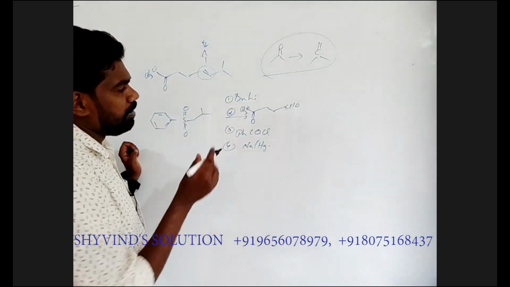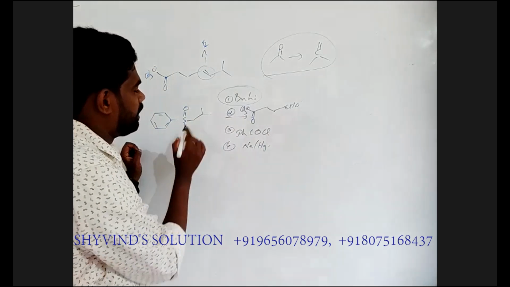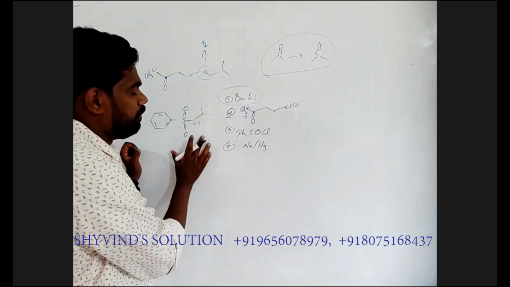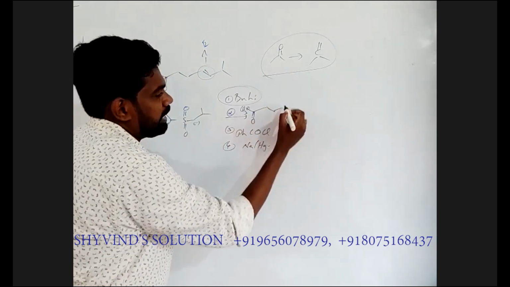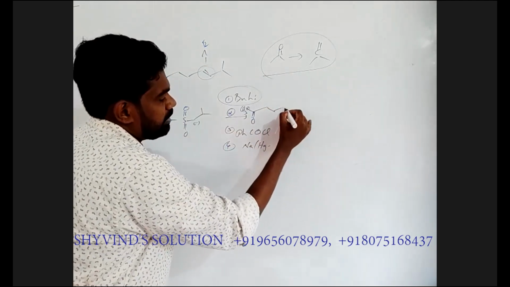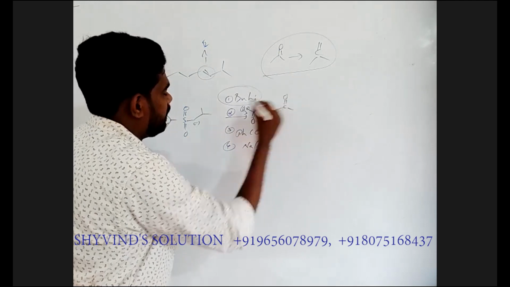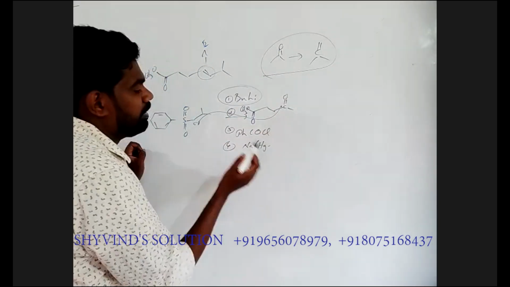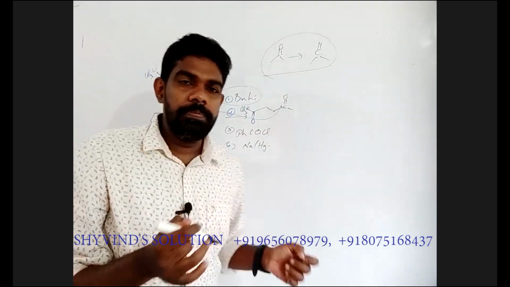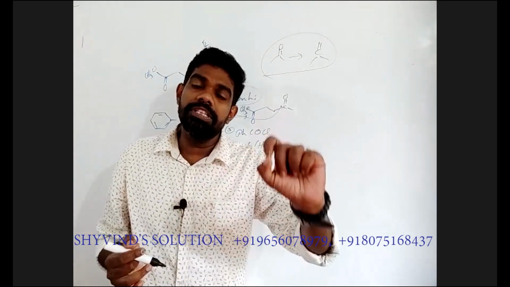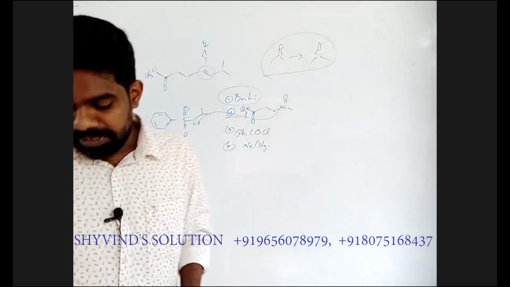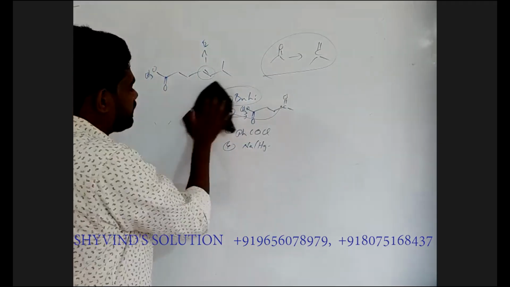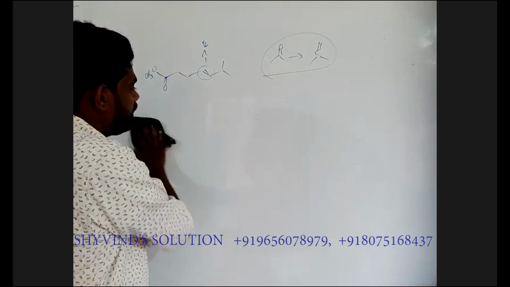So the idea is butyl lithium will remove the alpha hydrogen from this one, so it will form the anion. The reaction is just like our Wittig reaction, so the mechanism is very much similar. It will attack here, and that is how we will get the product. Julia reaction always gives you E product. You should remember that. What about option 3? We'll get the same product. Answer is option B, this one, Julia reaction.